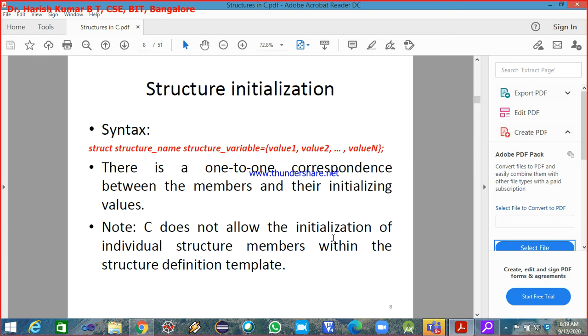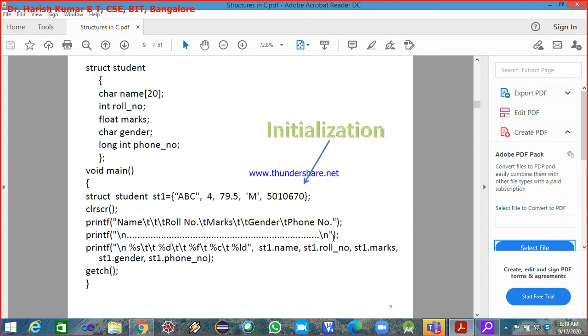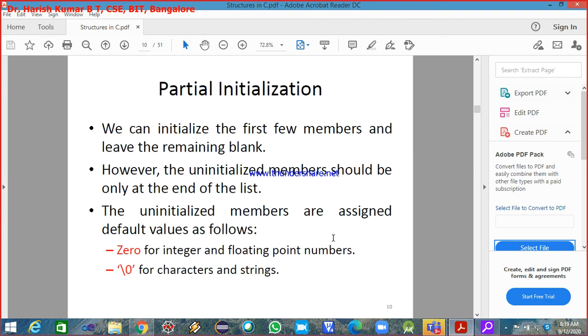And one more important thing that you got to remember is, is it possible to initialize the structure members inside the structure definition template? So it is not at all allowed. So you cannot initialize any of the structure members inside the structure definition template, not possible. And then you understood one example on how to do the initialization of the structure at the time of declaration, and then